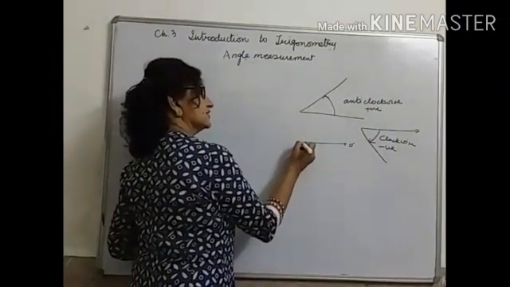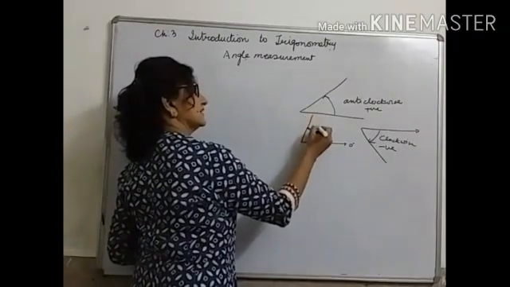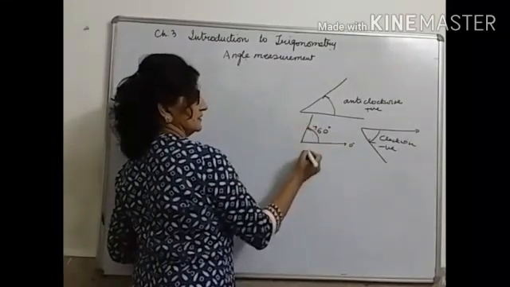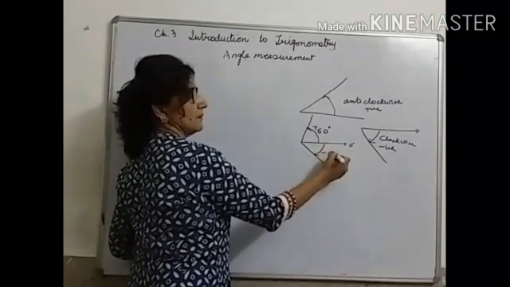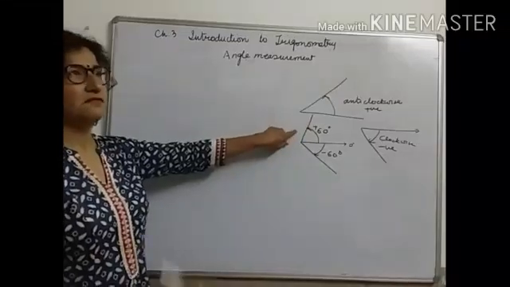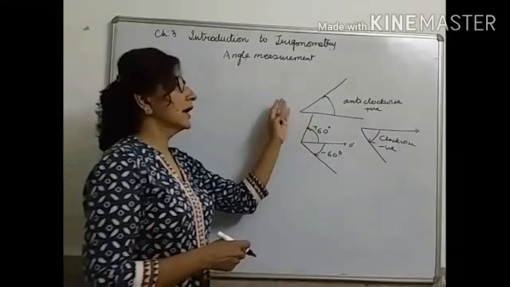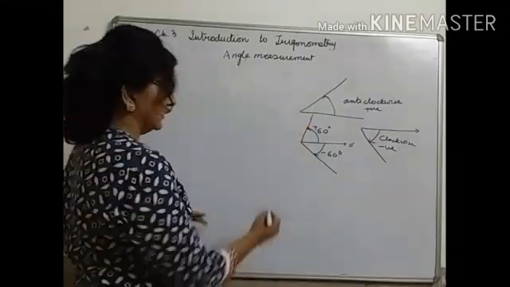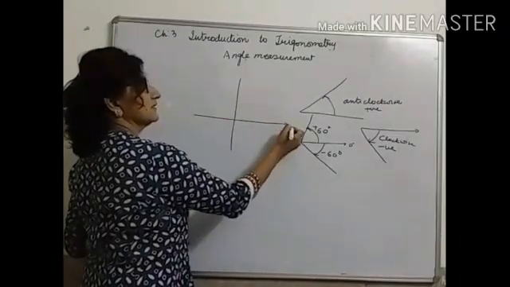When we take it along the positive direction of the x-axis, that is anti-clockwise, say this is 60 degree, it will be plus 60 degree, but if I take rotation on this side, it will be minus 60 degree. You get the meaning? Because it will help us in finding the rotation of the angles when we go beyond 360 degree and in deciding the quadrants also.